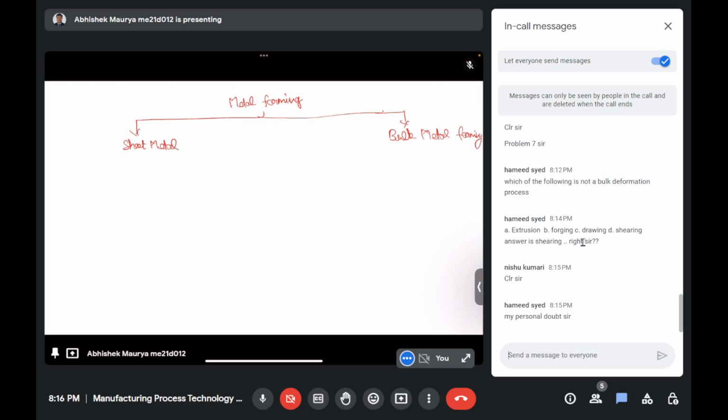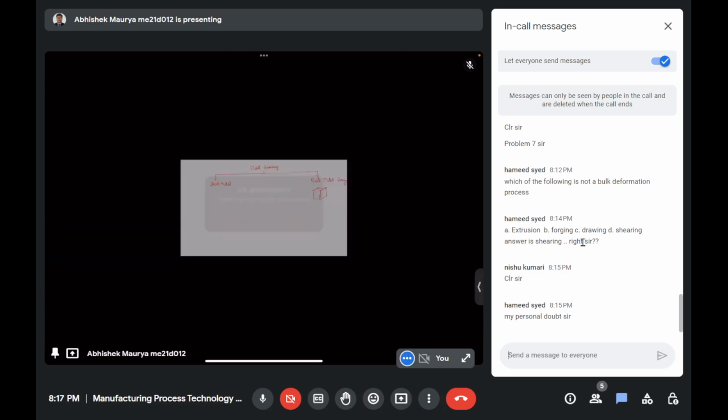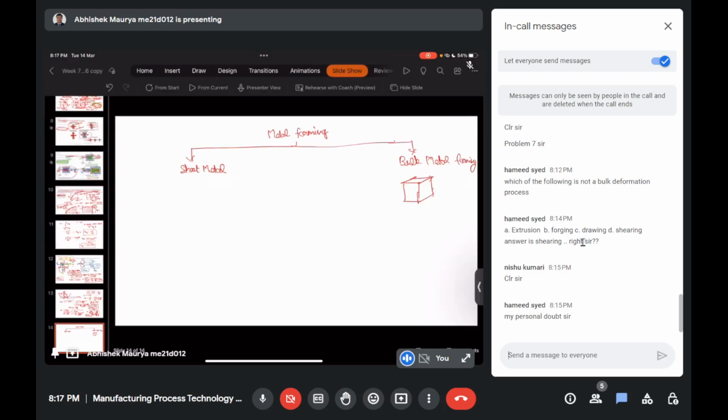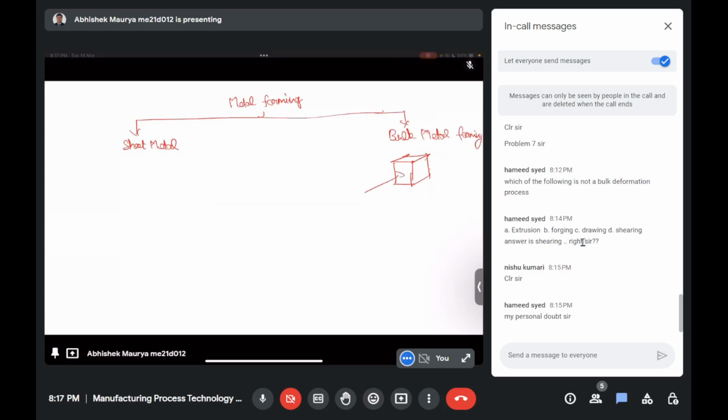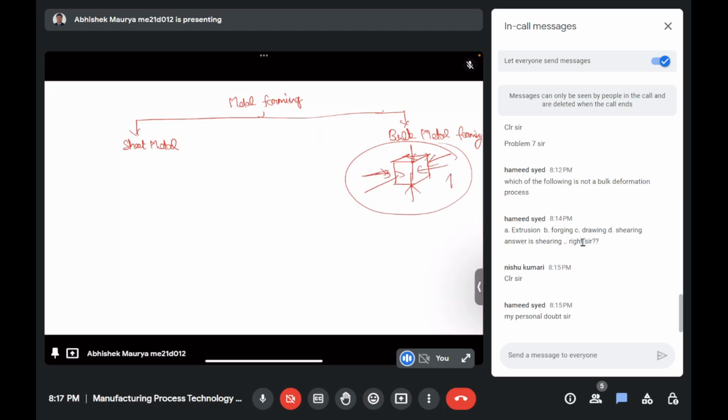So here the only difference is that if you talk about bulk metal forming, in the case of bulk metal forming, we can deform the material from all sides, and there is no restriction in any particular direction. So here we can deform the material, let's say, along the x-axis, or the y-axis, or the z-axis. From all sides we can deform the material, but in sheet metal forming,